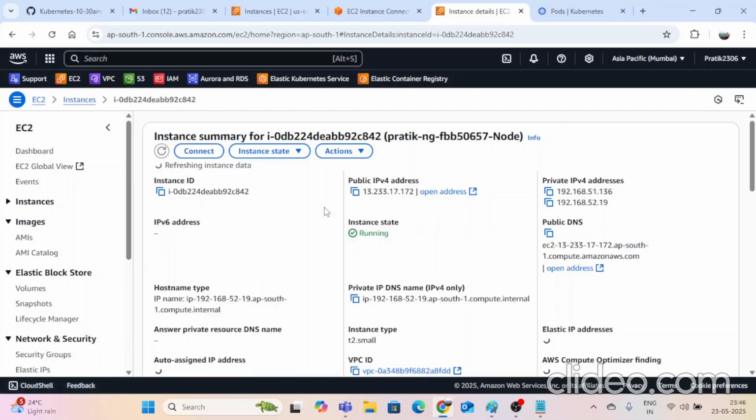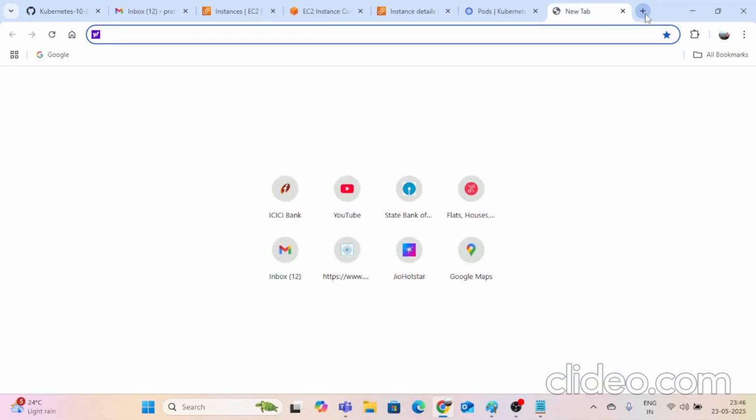If you take this public IP and check the nginx